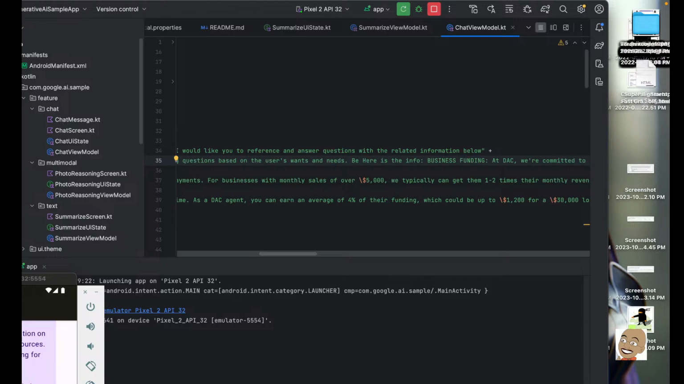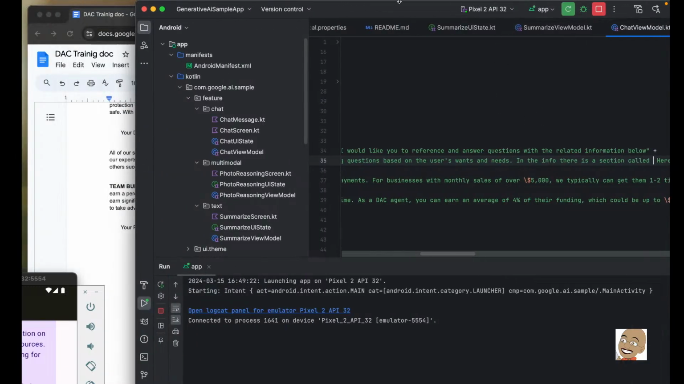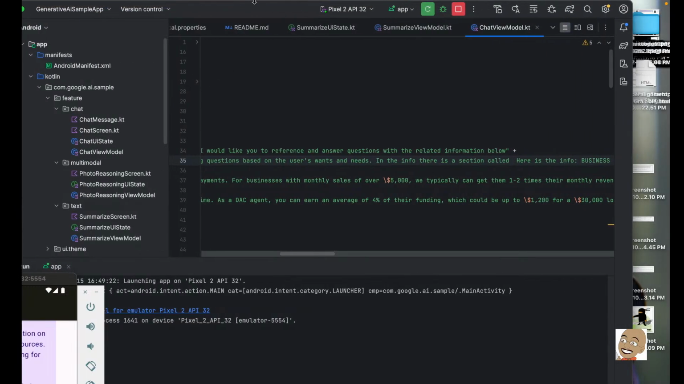Below in the info, there is a section called team building. Team building. And to clarify,